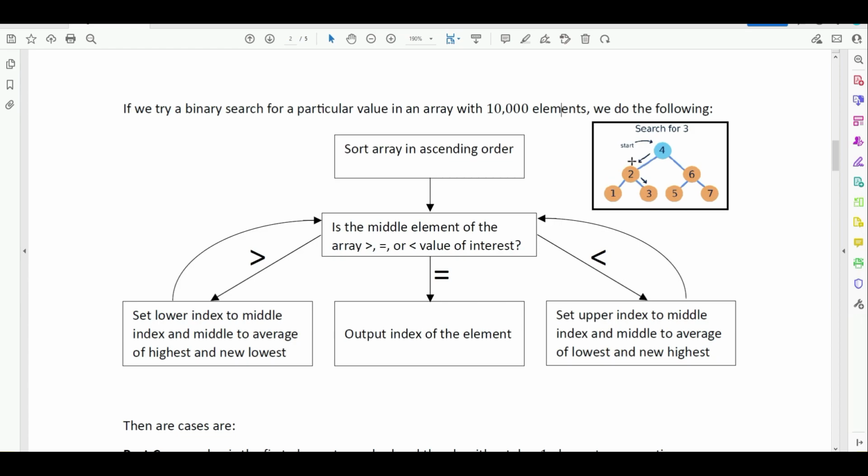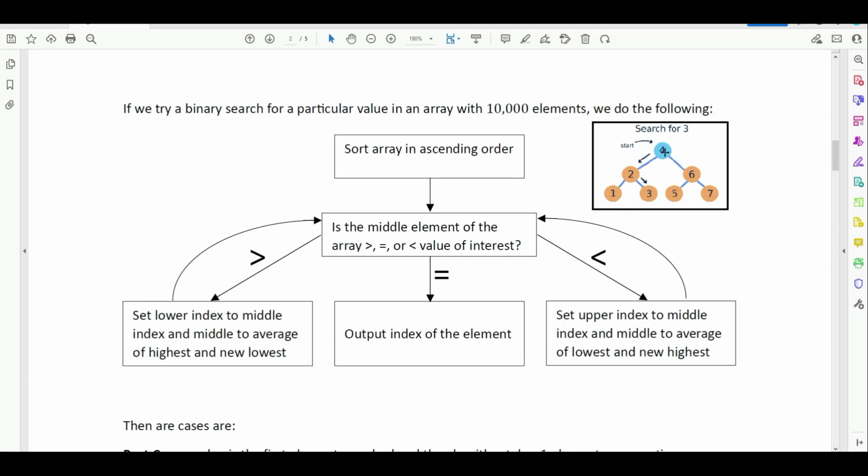And so now it looks and it finds 2 right here. And it sees that the element is greater than that. And so then it sets that to being +1, so 2 plus 1. And so now we're left with just 3. And so now it has found 3, and so it took 1, 2, 3 steps right here in order to